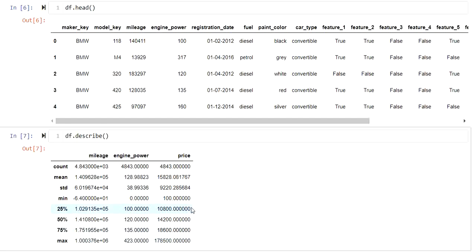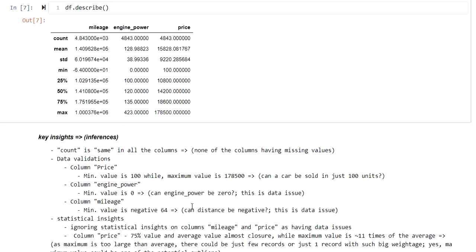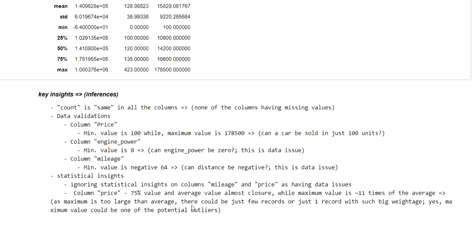Likewise, let's have a look. All the inferences that I spoke about with you, I have listed out in detail in my Jupyter notebook for you to understand, note down in detail and learn from, and hopefully practice the similar approach, similar analysis, on any data set you will be working on in future.